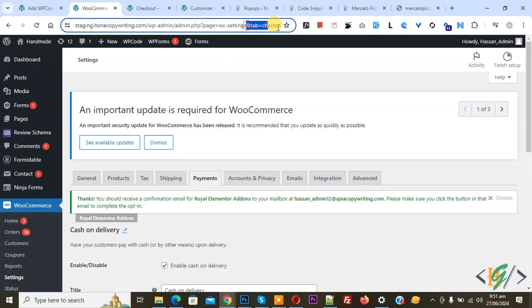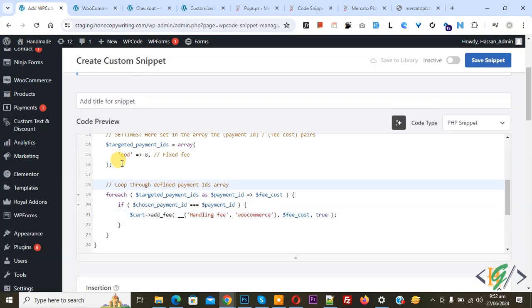Then in the URL you will find section equals cod, so cod is our payment gateway ID, so you will find each payment gateway ID in the URL. Now back to the code, so we added COD, so when the user selects COD on the checkout page, then an extra $8 is added